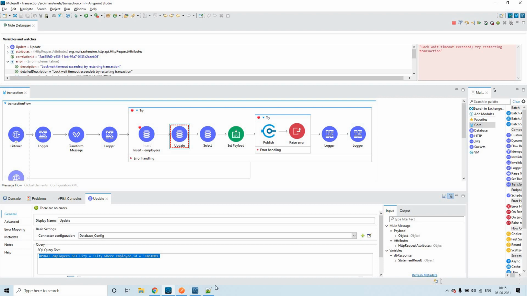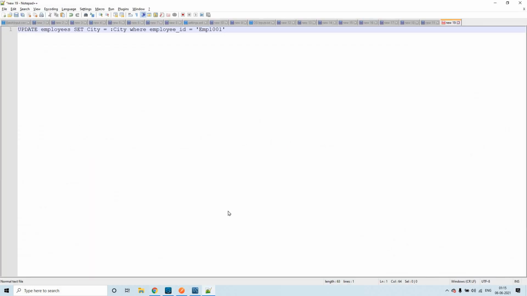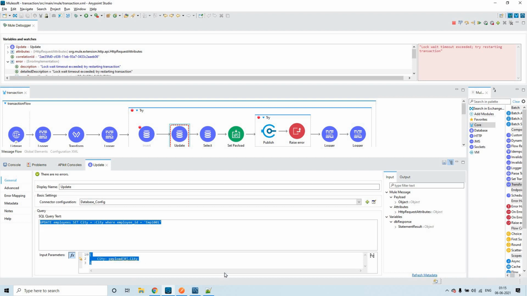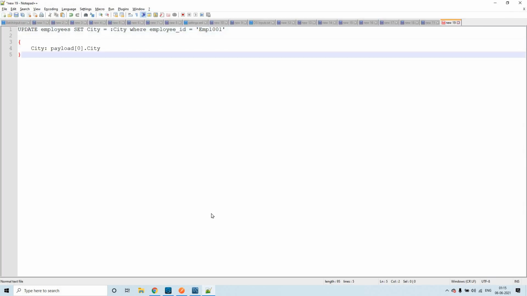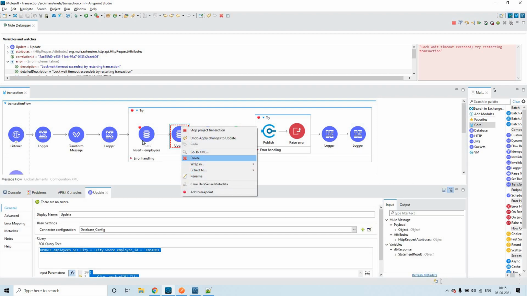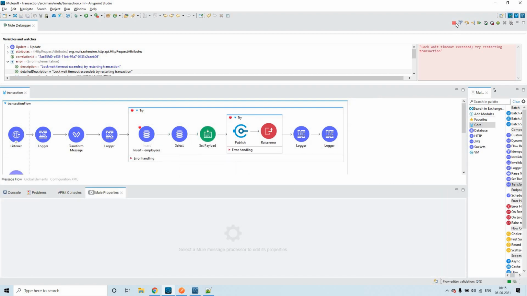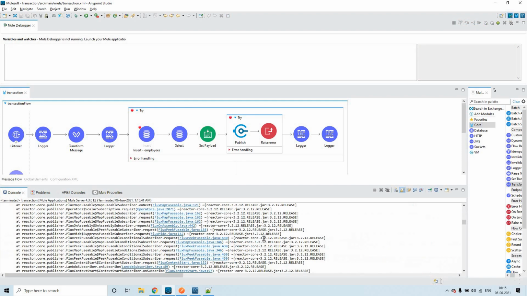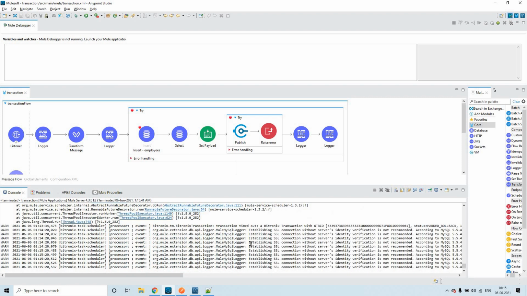I want you to understand something. Let me copy these values. As I am trying to update something which is not even committed, that is the reason it is failing. That is the reason we could see some abnormal behavior from this debugger.